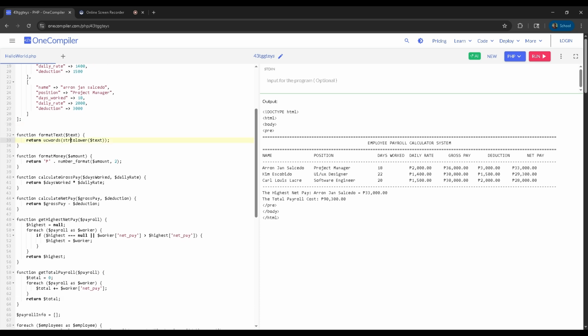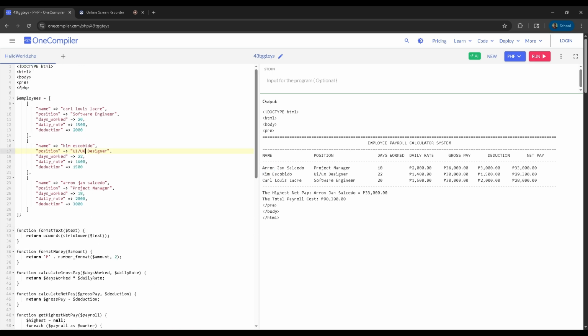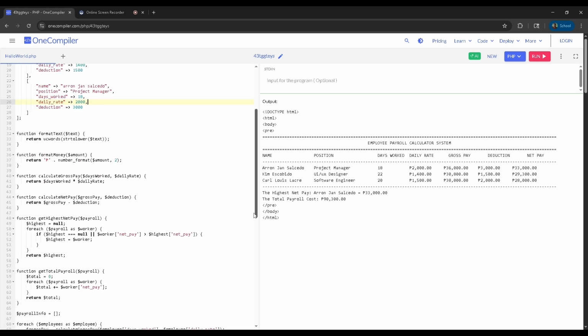So next we have here our function. Function format text. The parameter is text and it will return ucwords, strtolower of text. For example, we have here our name Aaron John Salcedo, and as you can see the first letter is not capitalized.